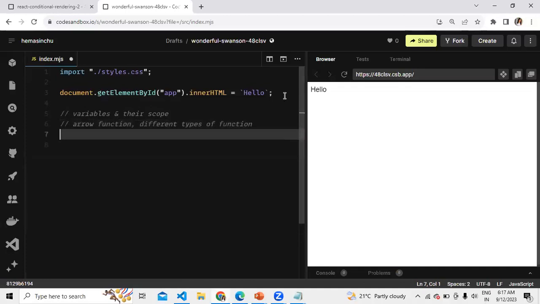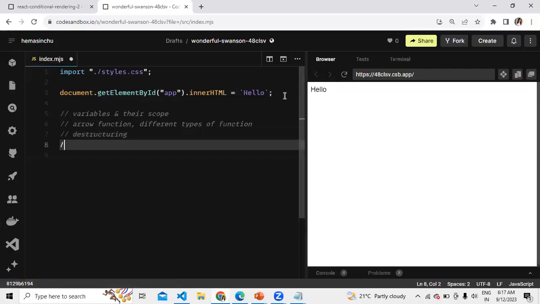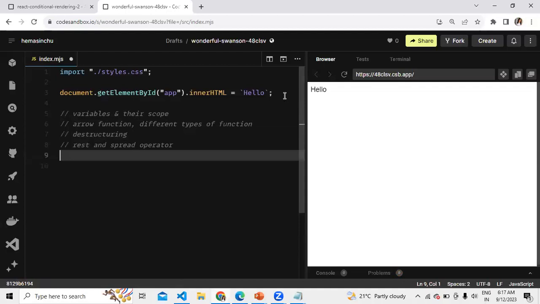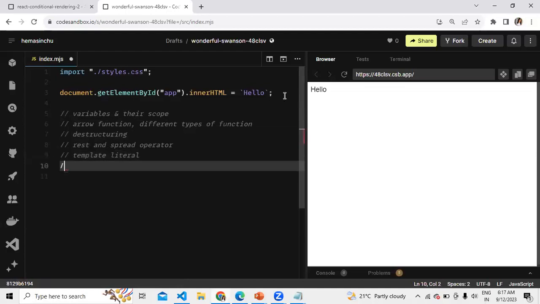Then we'll understand destructuring, rest and spread operators. We have a new syntax for strings, which is called template literals.